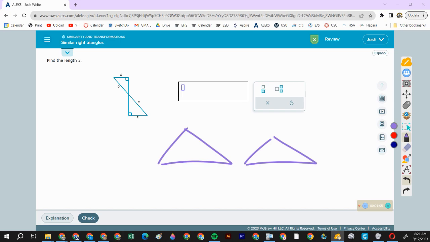If they were exactly the same, we would call that congruent. Do similar triangles have to be the same size? No, they just have to be the same shape. So if this was 5, 6, and 8, and the other triangle is bigger,